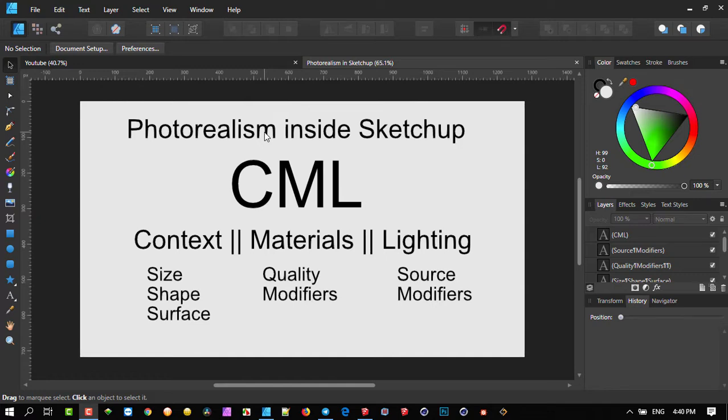And then also Octane, I use that as a standard renderer with Cinema 4D, but inside SketchUp, it doesn't kind of gel very nicely. The one I've settled on is Enscape, and I'm very excited about where that product's going to. But I thought I'd put together just a little bit of insights into certain things that help one to get to photorealism. Now, photorealism happens when you actually render it out, so it's also dependent on the render engine